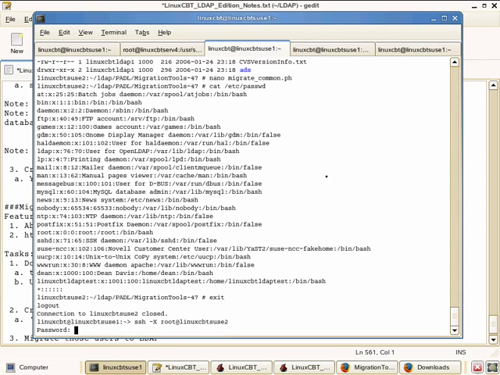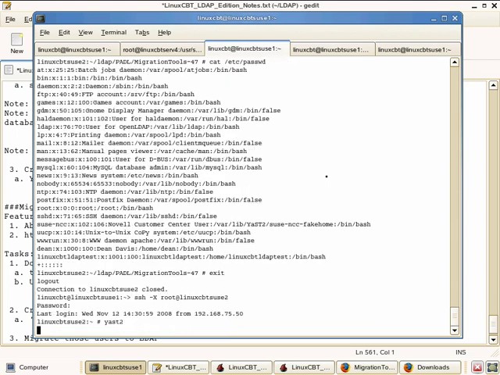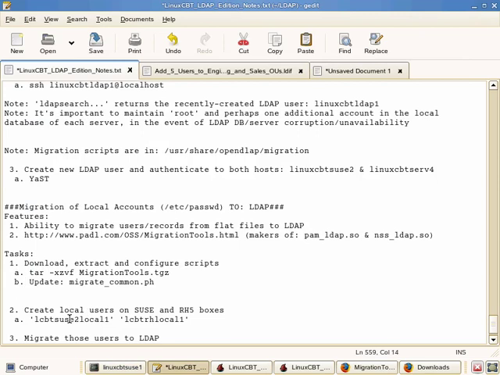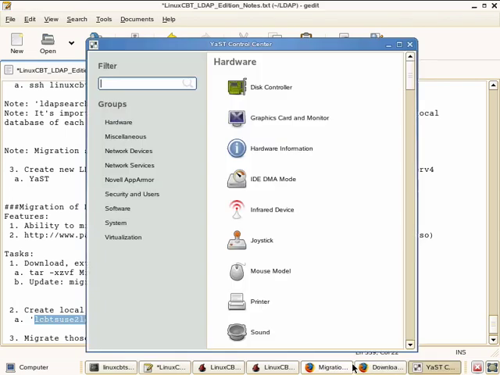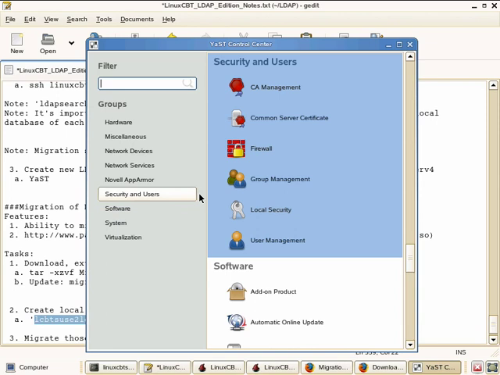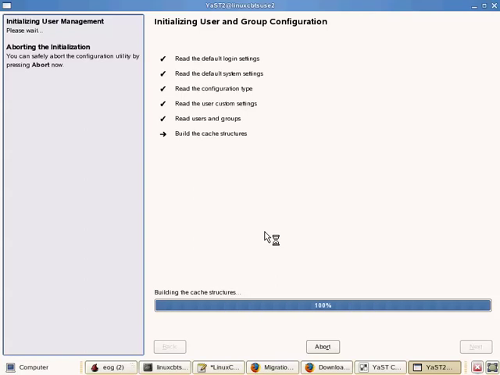And once on the remote system, we'll be able to launch YaST2, which will launch a graphical environment in our X.org environment, and we'll then create, let's just copy into memory in the interim, linuxcbt-suse2-local1. This will be a newly created local user as opposed to an LDAP user. We'll navigate to Security and Users, User Management,